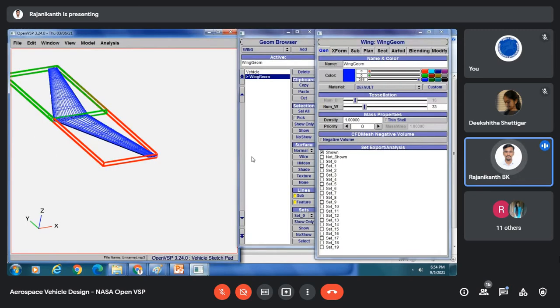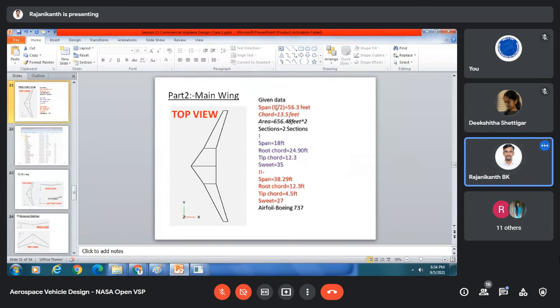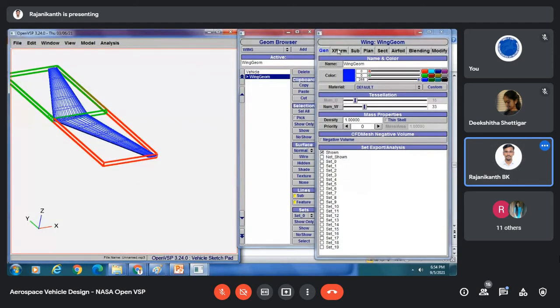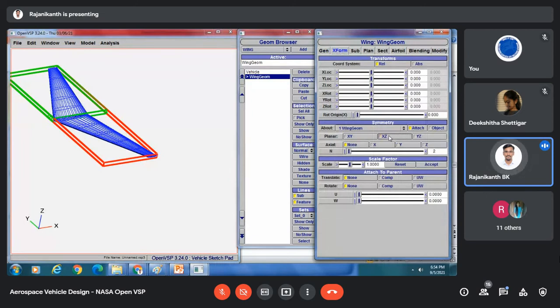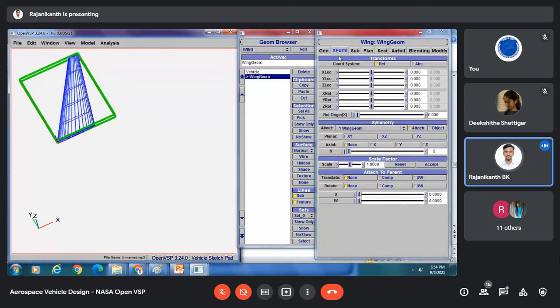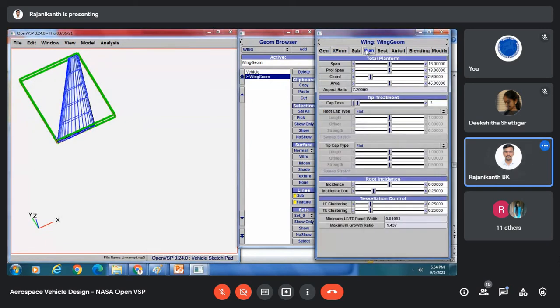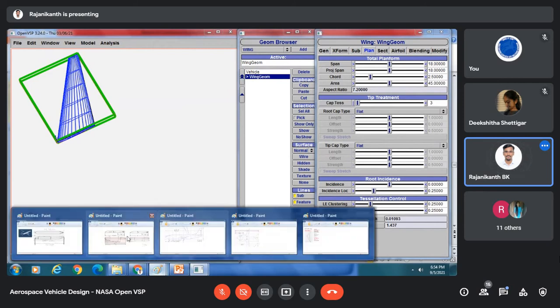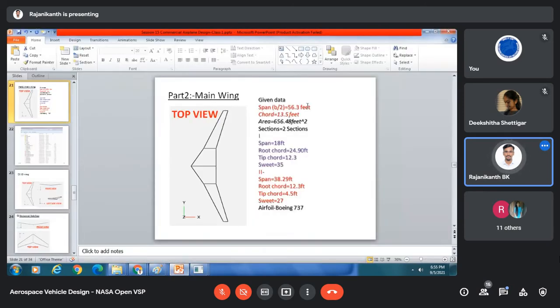Go to OpenVSP. Here, okay, we'll use all the parameters. Overall span 56.3 feet. Okay, 56.3 feet. Okay, so what we'll do, we'll just turn off this symmetry. Okay, yeah, we'll come to plan. So the overall wingspan is